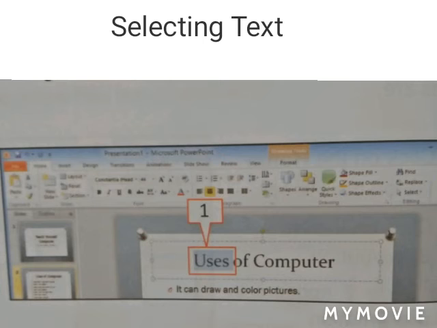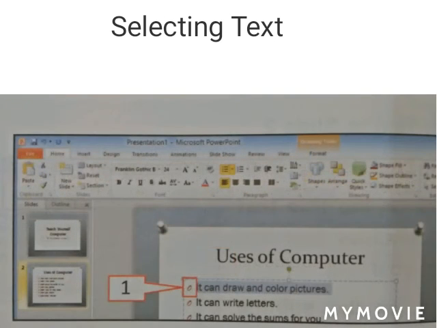To select a word, we just double click on the word we want to select. To deselect the text, click outside the selected area. This text is now deselected. To select a sentence, we just triple click on the sentence.